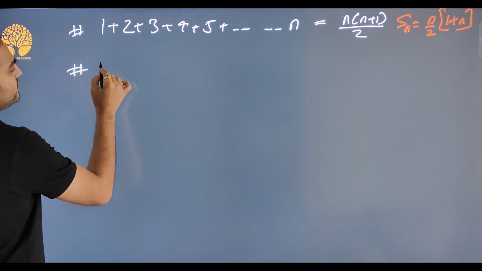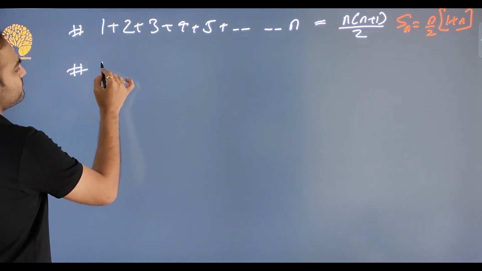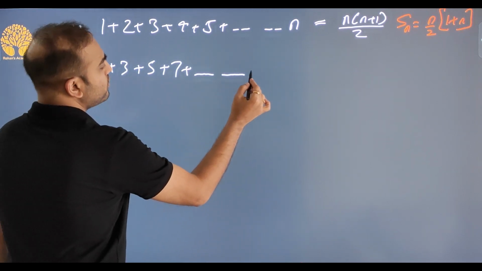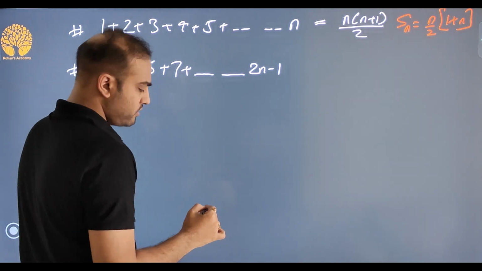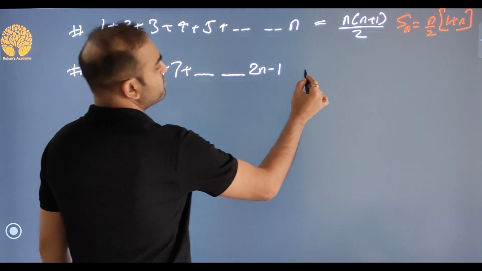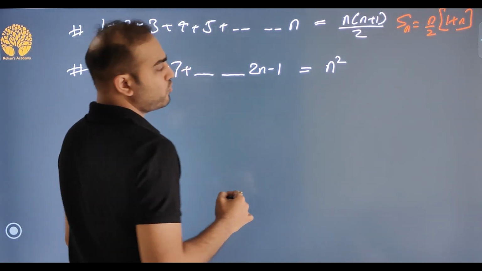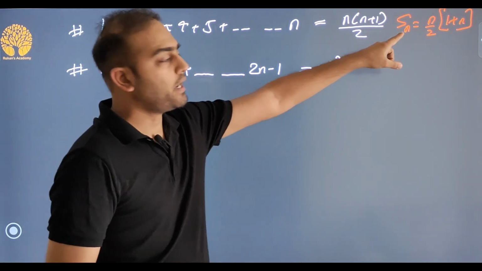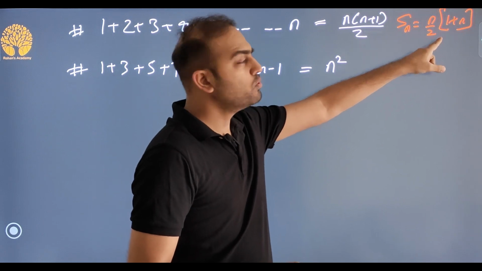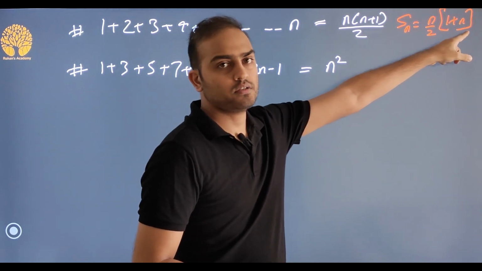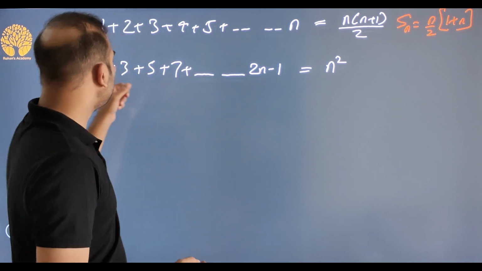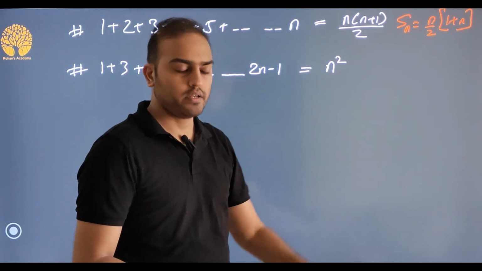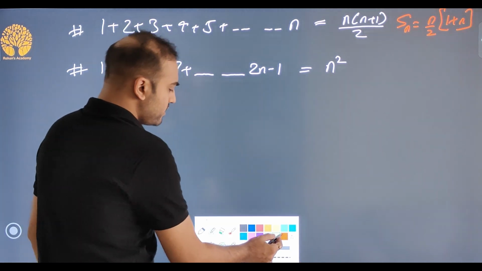Similar, based on this, sum of odd terms. 1 plus 3 plus 5 plus 7 goes on till 2n minus 1. Okay. Sum of odd terms. That is simply n square. Again, these are n numbers, right? These are n numbers. So n by 2, first plus last. Okay. Last is 2n minus 1. First is 1. When you add, 2n, 2 cancels out, n square. Right? So this is, remember, this is